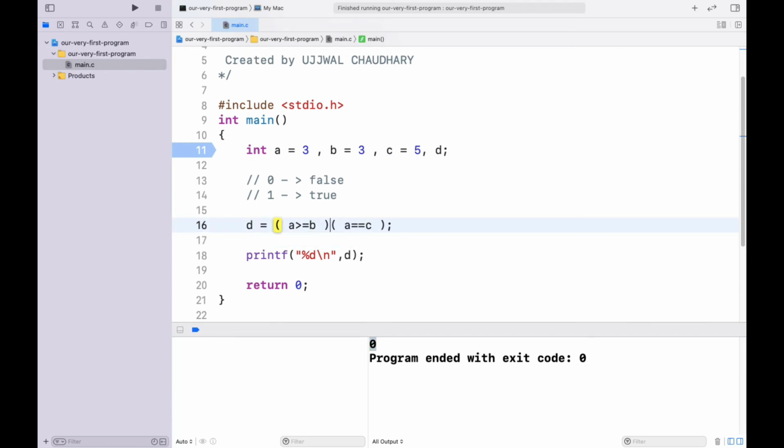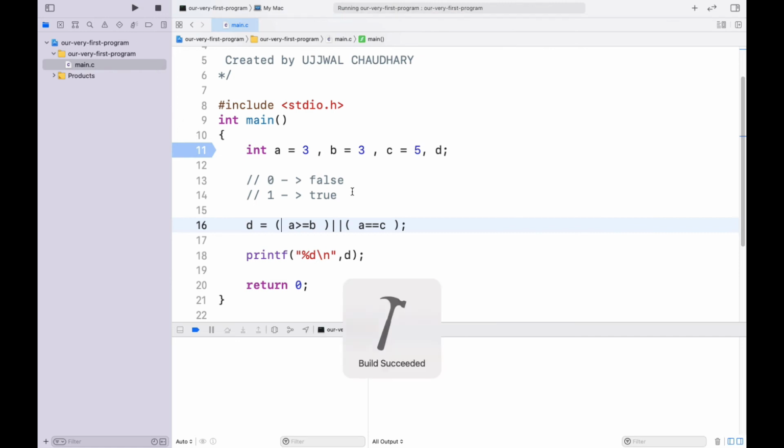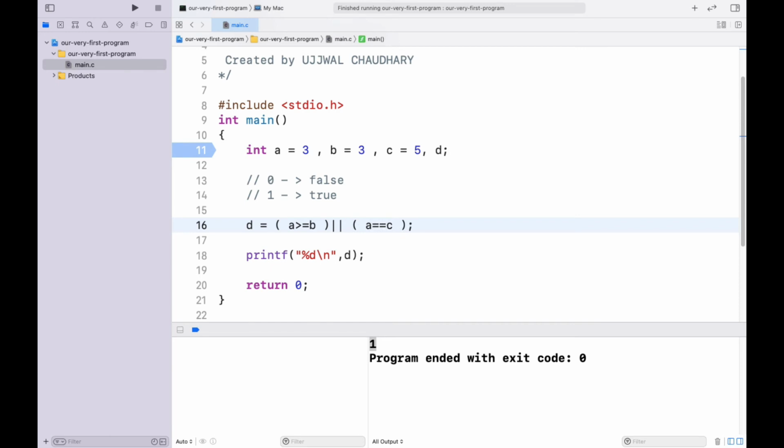Now let's use an OR operator. In this condition the answer should be true because one of the conditions is true. Here we go, the answer is true itself. What if I do something like this? We should expect an answer of false.